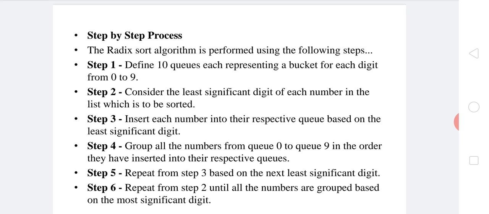Radix sort uses counting sort as a subroutine to sort an array of numbers. Integers can be used to represent strings. Actually, radix sort works on data types other than just integers, because radix sort is not comparison based. That's why it is called an integer sorting algorithm: in radix sort we can't compare the elements or the letters.